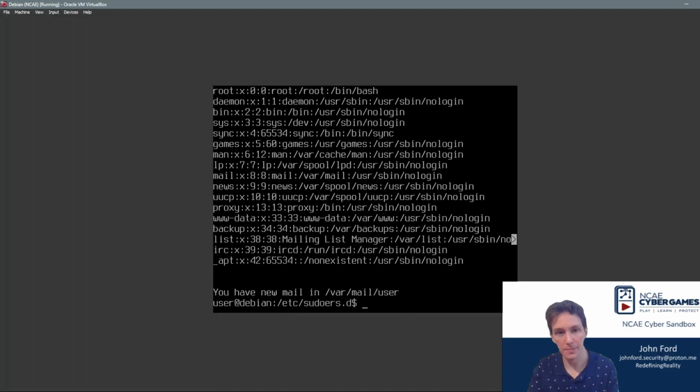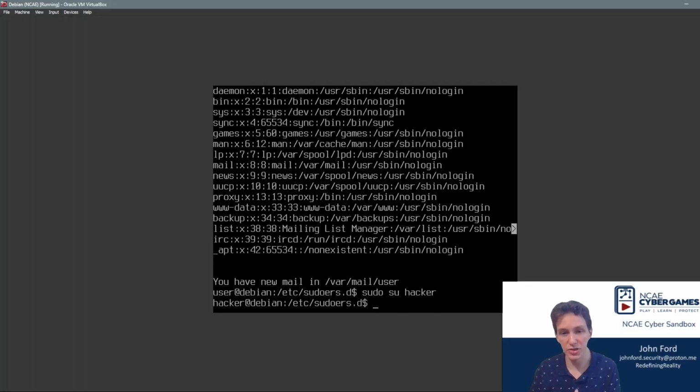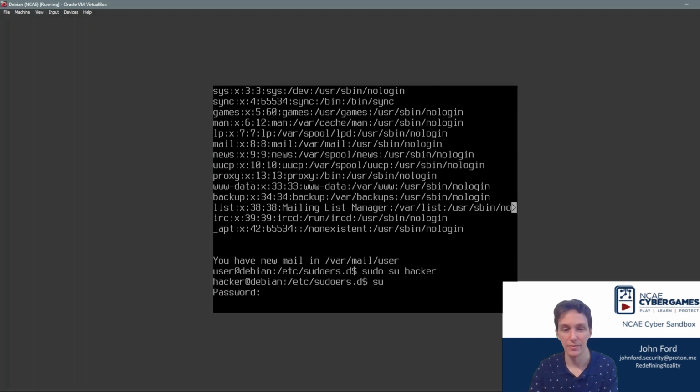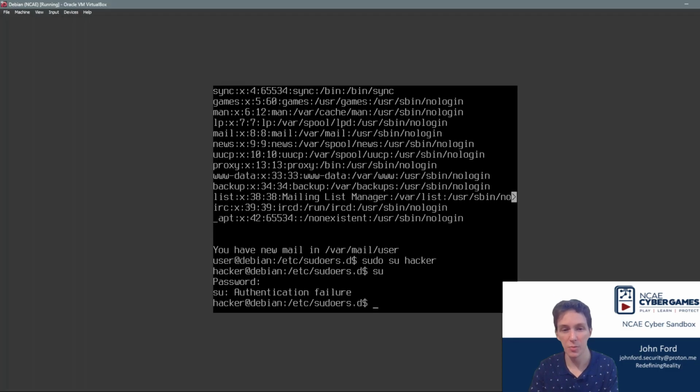Now if I write that out, now if I switch back to user hacker, and I try to switch from hacker to root with password test, now that no longer works. We get an authentication failure.